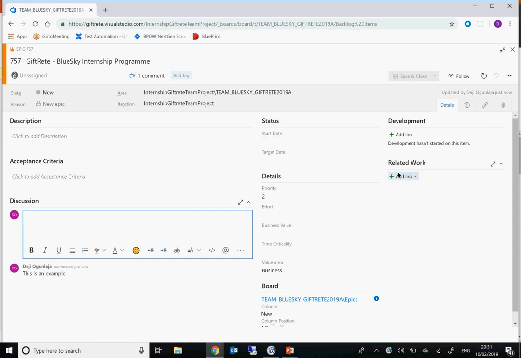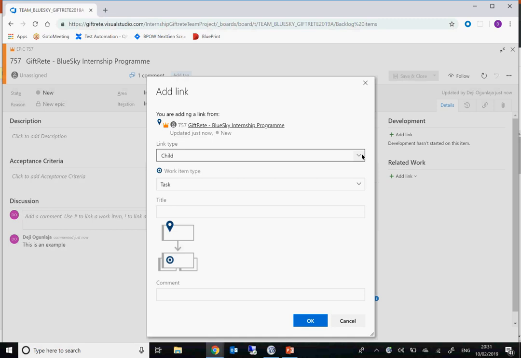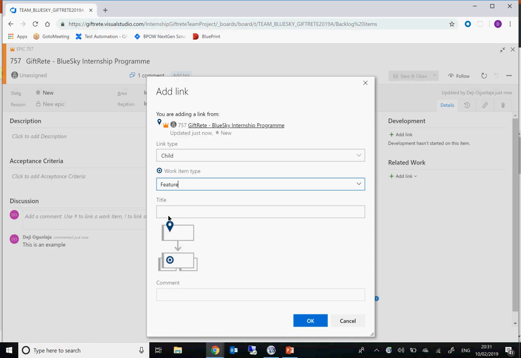Also, you can now create a related work item. For my epic, I want to create another item, and that item will be a child of that particular epic, but the work item type will be a feature. So I can say the name of the feature is now